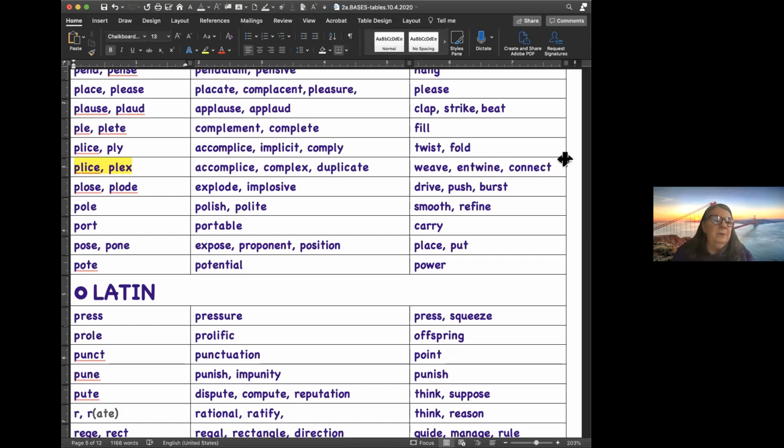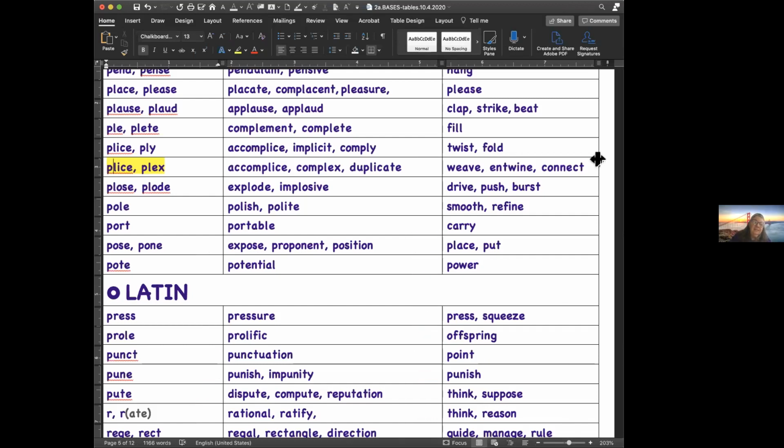Now, do I expect that they're going to remember that because I just told them once? Of course not. But I can say, can you think of any other words that have plex in them? And that one's not going to be quite as easy. It's the PLICE that's going to have more of them. And so that probably wasn't the best choice. But we'll do the same thing with vent, and that'll be a little bit easier.